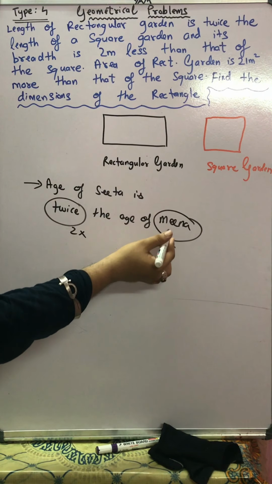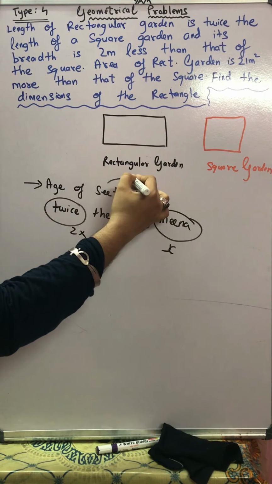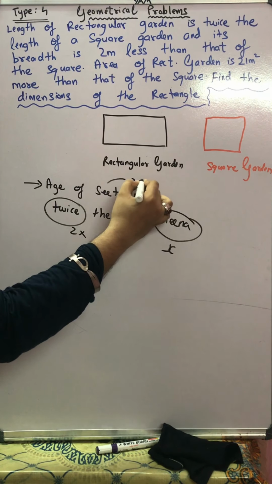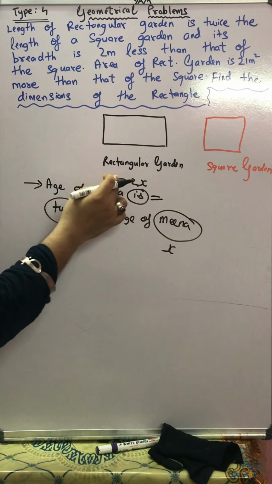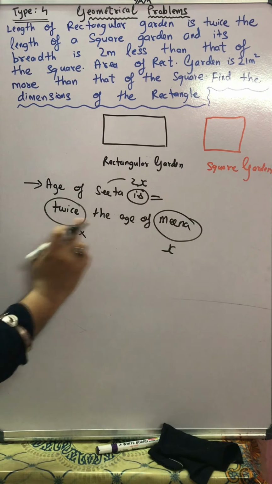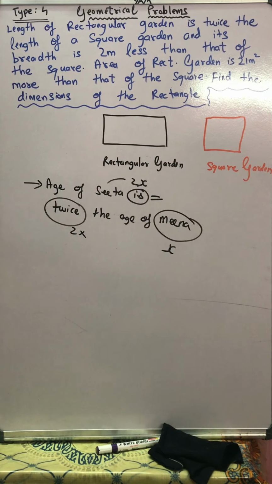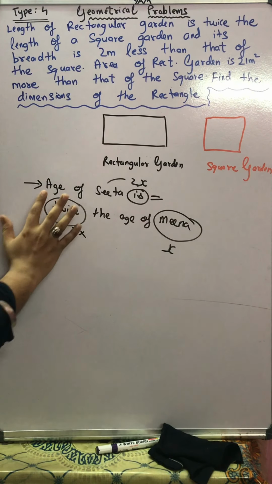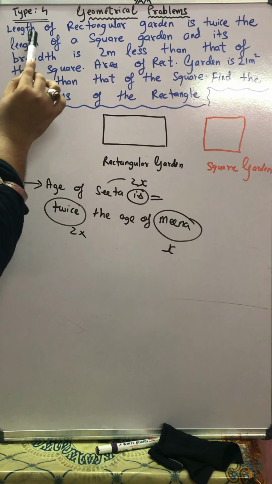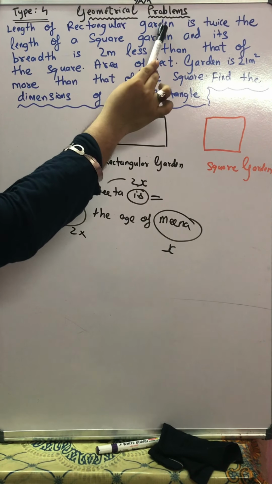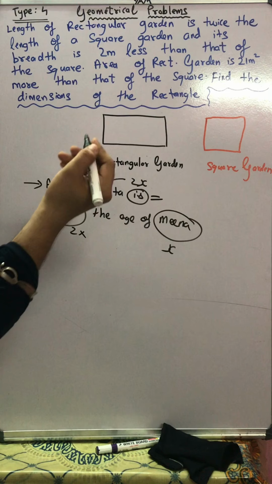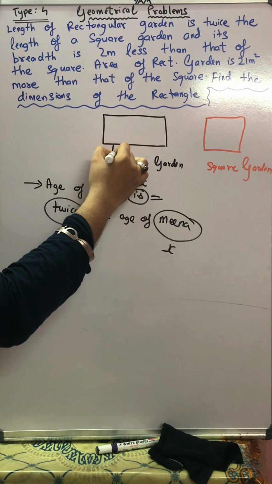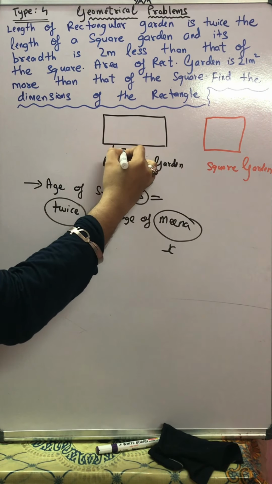So if the age of Meena we suppose as x, then only we can say that the age of Sita will be 2 multiplied by x. And over here this means equal to. So age of Sita is equal to how much? 2 multiplied by Meena's age, 2x. Understanding, students? So now after looking at Sita and Meena, let's see our gardens. Length of rectangular garden. Just to denote it for you all, I am supposing that the length of the garden is capital L.